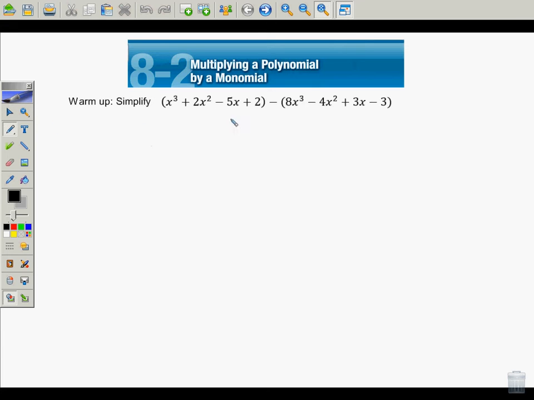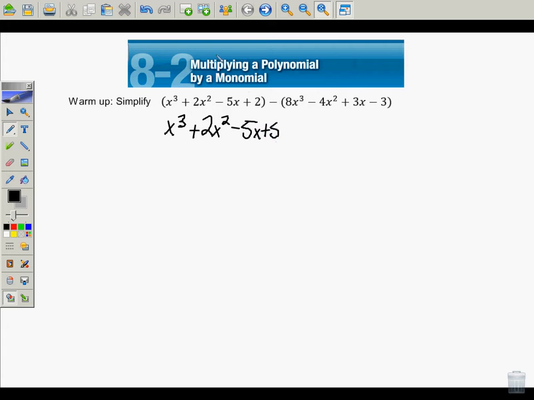For this lesson, we're going to be talking about multiplying a polynomial by a monomial. For our warm-up, it's just a recap of what we did in our last lesson, where we were combining polynomials. Here you can see I'm subtracting one polynomial from the other. Remember, our steps are to first rewrite without parentheses, so I'd have x cubed plus 2x squared minus 5x plus